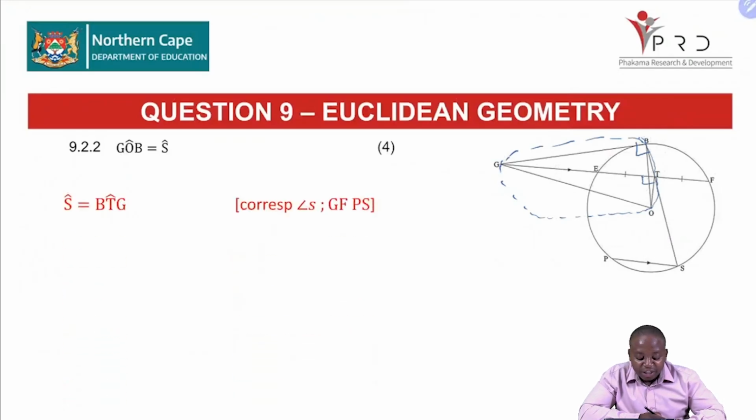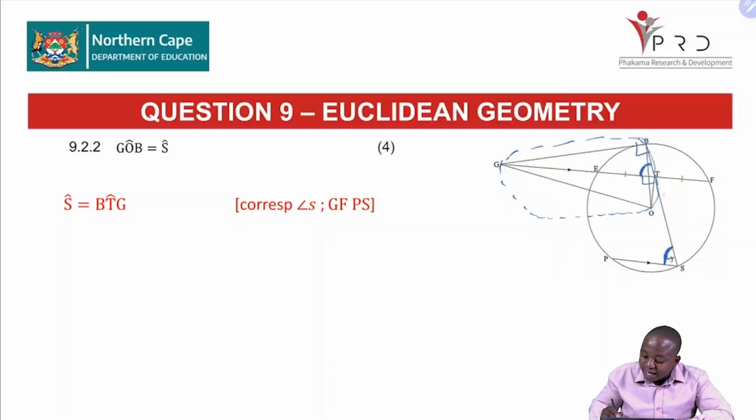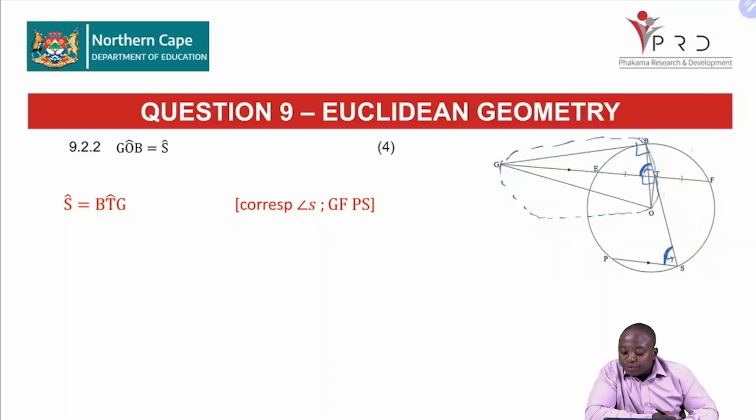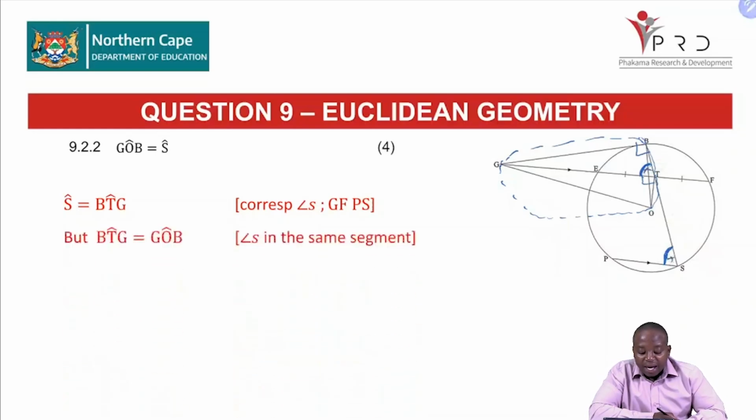Now, let us check this one. We know that angle S, remember, we're still going to work with those corresponding angles we identified from the pre-analysis. S is equal to BTG. So those are the corresponding angles. We have identified this from our pre-analysis of the question. Again, we know that BTG